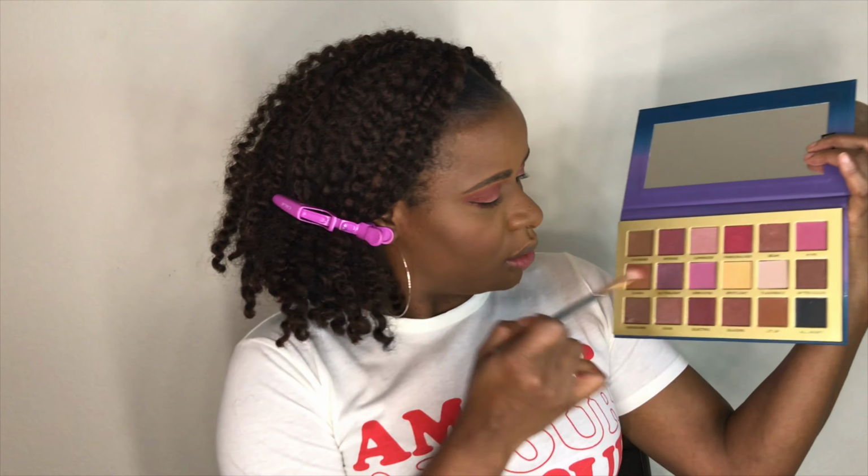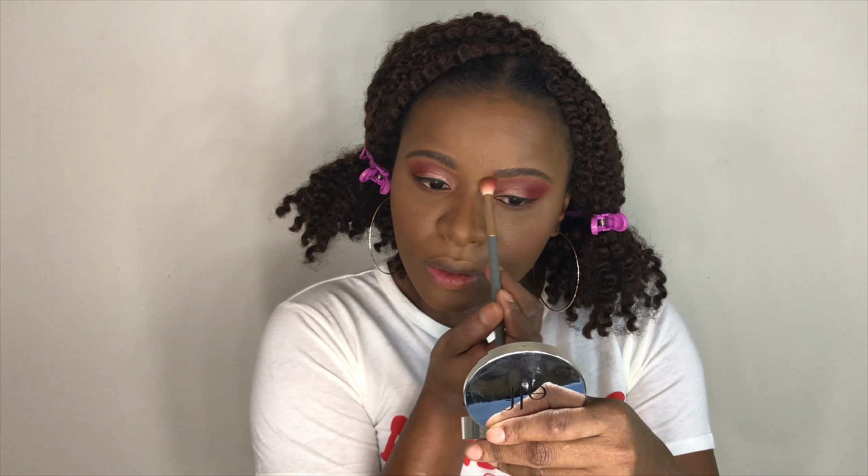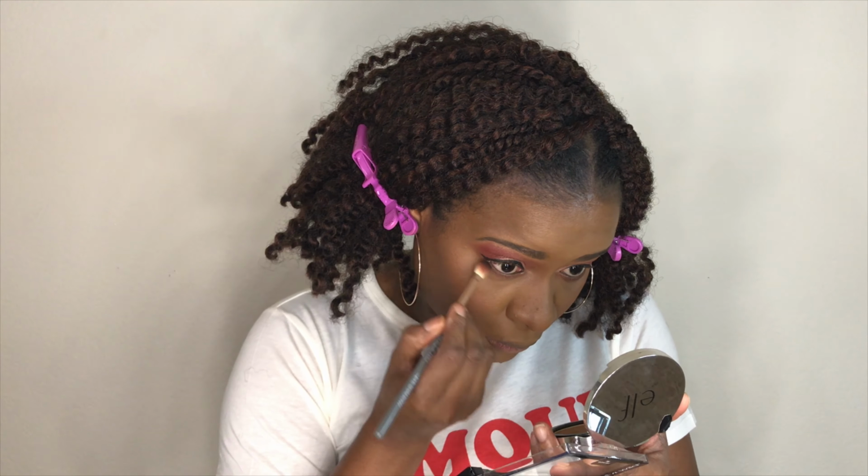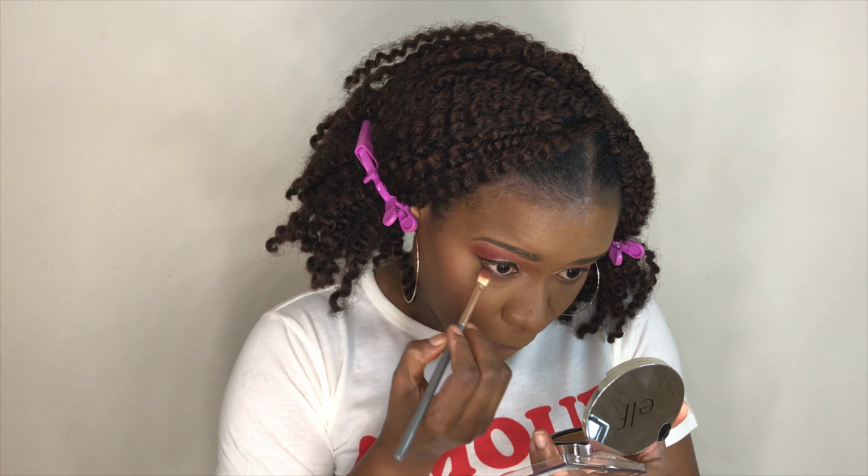I'm gonna go back to Lit Up and Dawn just to brush everything back and make sure I have no harsh lines. So that is what I'm doing. And making sure that there's a smooth transition from one to the other. As we're gonna highlight the brow bone, we will use the same gold and just highlight. Why not? And I'm gonna use the fluffy brush and blend everything. Just to keep with the theme of this video, I will use the same shadow brush and go with that black. I'm using the black from the Wet n Wild palette and just